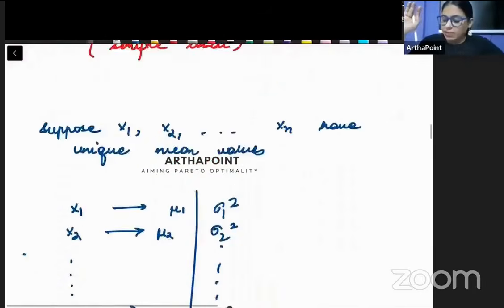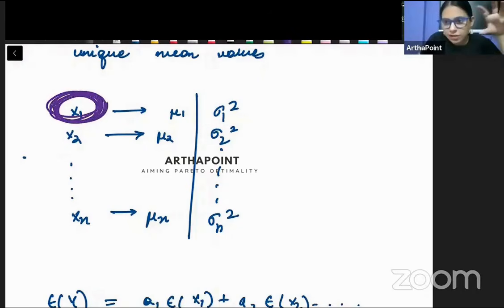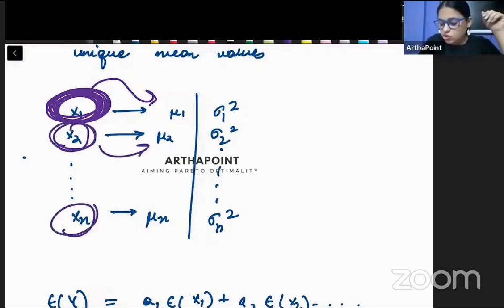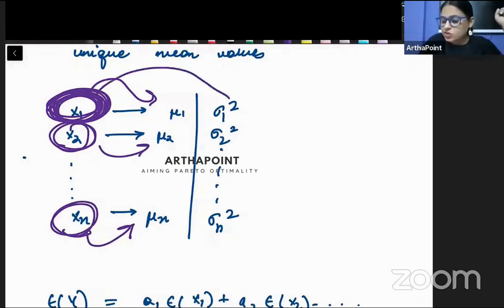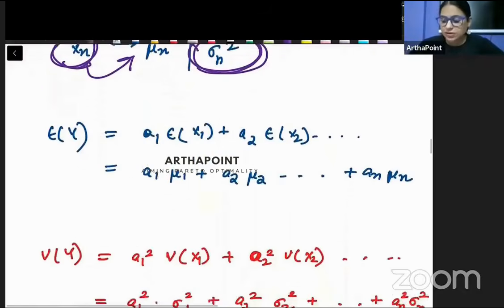ओके बेटा, अब हम क्या बोल रहे हैं ना कि let us define these random variables a little more. तो हम कह रहे हैं कि let the mean of x1, अगर मैं ये जो भी मेरा x1 random variable है, अगर इसके मैं mean निकालती हूँ, let this be mu1, let the mean of x2 be mu2 and so on till mean of xn be mu n, and let the variance of x1 be sigma 1 square, variance of x2 be sigma 2 square and variance of xn be sigma n square. ये हमने ऐसे define कर दिया.